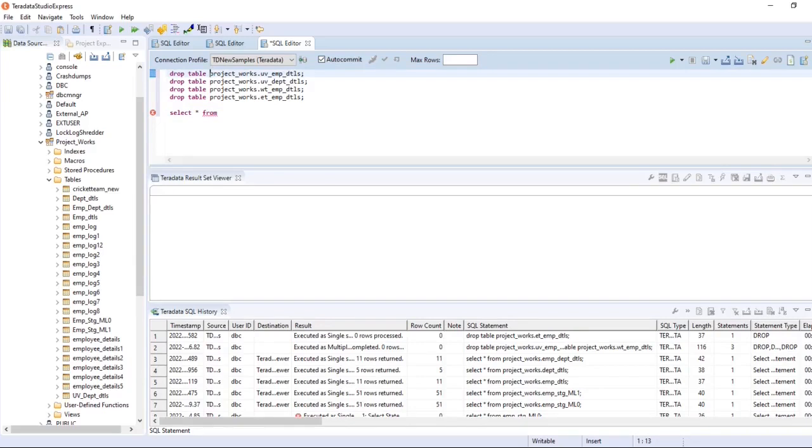Now I'm opening these tables to see whether the data is loaded or not.